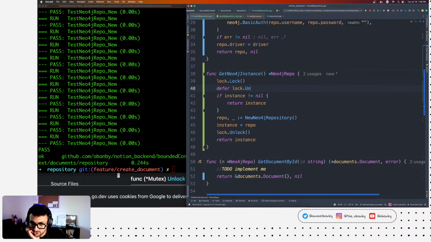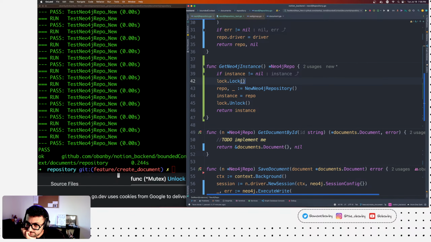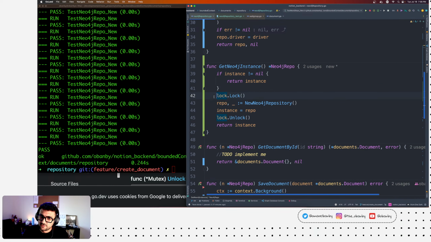So this works, but this doesn't, right? So the first time this runs, this must have been nil, and it will assign it a value, and then it will return.